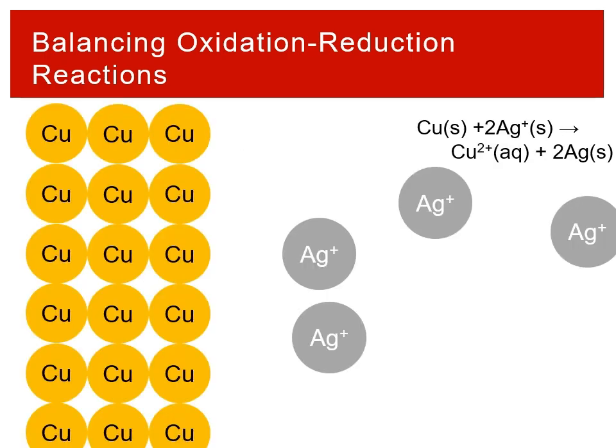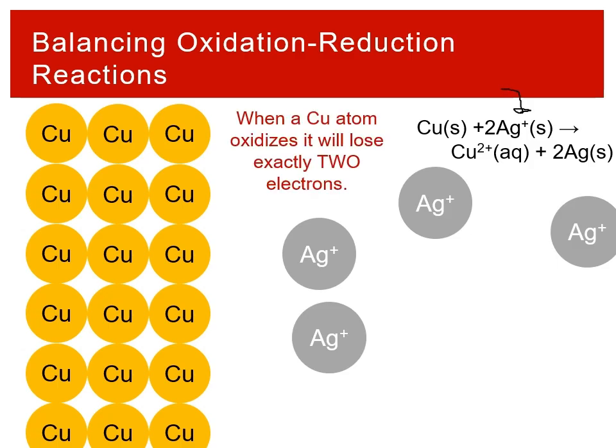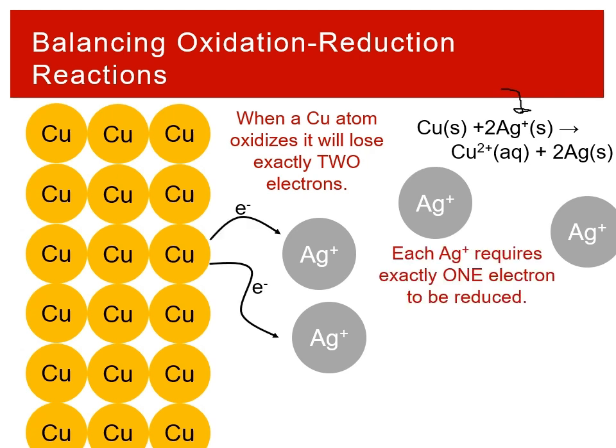So we kind of want to get an image of this overall balanced reaction. What does this mean? It means that when a copper atom oxidizes, it's going to lose 2 electrons. And each of those electrons needs to go to 1 silver, right? Because each silver cation only is going to take exactly 1 electron. That's the chemistry of the silver half of this process, whereas the chemistry of the copper half is to release